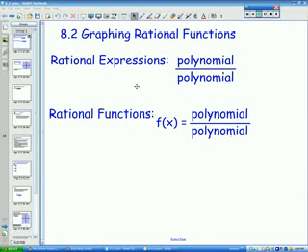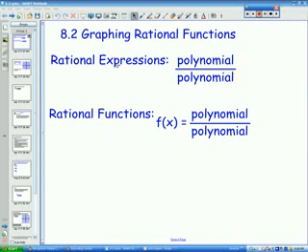Alright, let's get started with today's lesson on 8.2, graphing rational functions. First, make sure everybody has a copy of the notes for today, and right now press pause until everybody does have a copy of the notes. Okay, so once everybody does have a copy of the notes, we'll start by just talking about rational expressions and